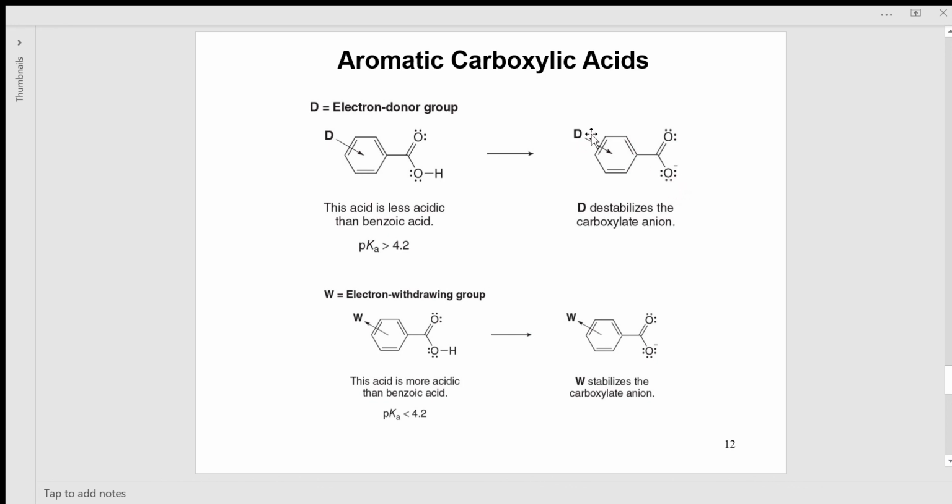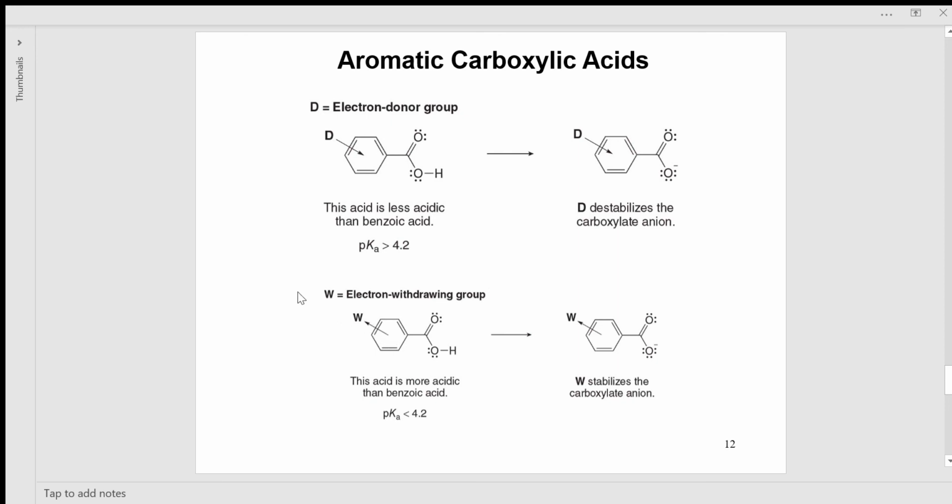If we have an electron donating group here, I increase the electron density on this oxygen atom or this oxygen atom. That causes more instability of this conjugate base, which means that the acid is a weaker acid than benzoic acid. However, we have other substituents which are